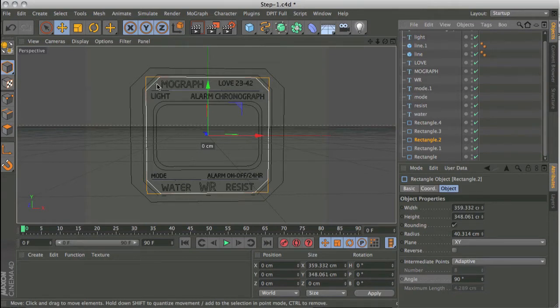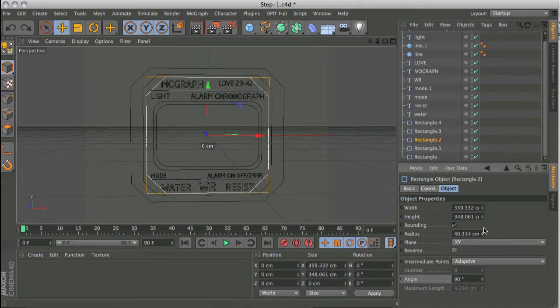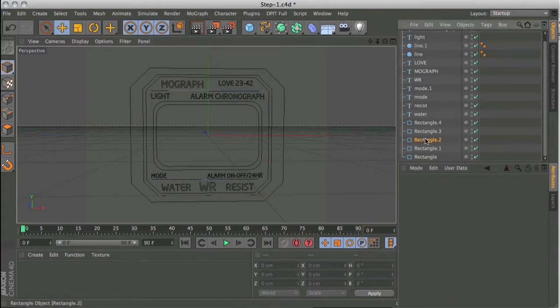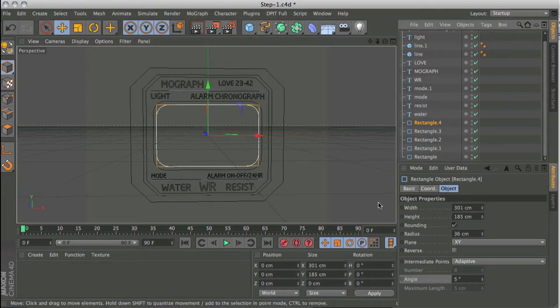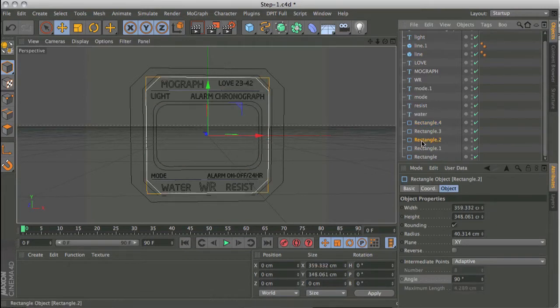And to achieve this very sort of angled corner, I still use the rounding radius, but I boost up the angle for intermediate points from the default value, which is something you can see on this one is something around 5, but on these more angled ones up here, I just cranked up the value to 90%, and that created this very sort of angular, raw, rough